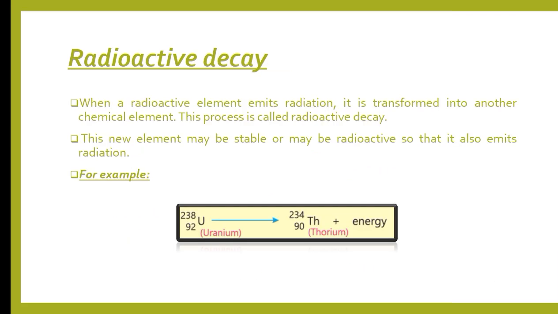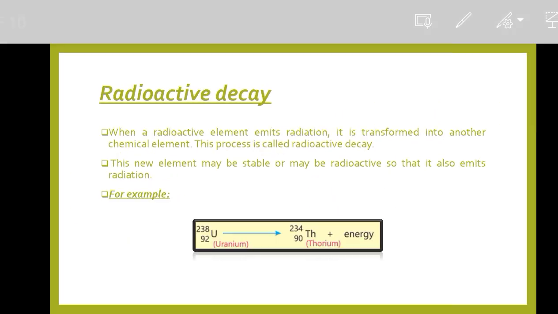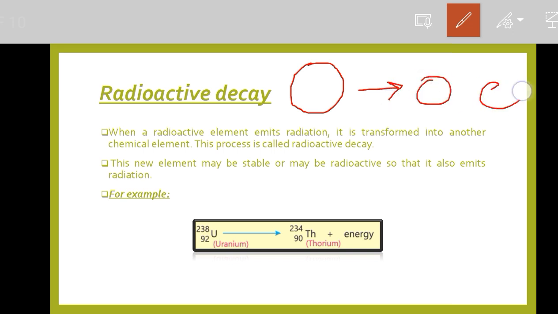The next topic is radioactive decay. What is radioactive decay? Radioactive decay is simply the breakdown of the radioactive isotopes into other fragments. In the decay process, the radioactive isotopes decompose, maybe into one fragment or into two fragments, and release radiation. And the emission of radiation, as we already know, is radioactivity.